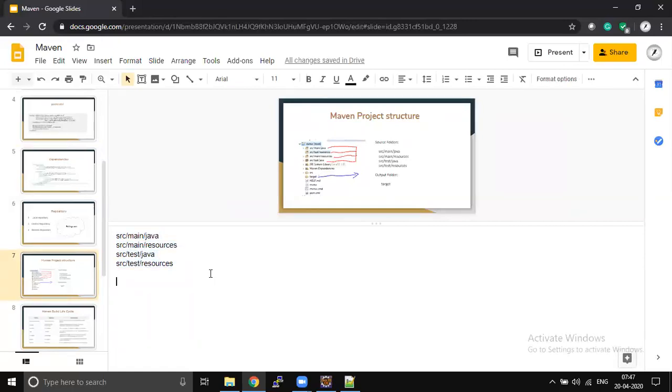If there is some problem and Maven cannot create these folders, then we have to create them manually. The expectation is that Maven creates these folders by default.